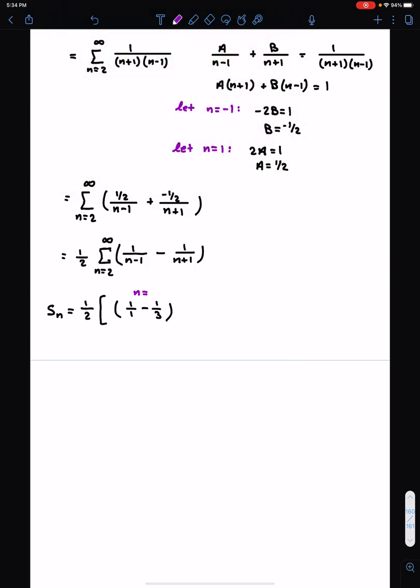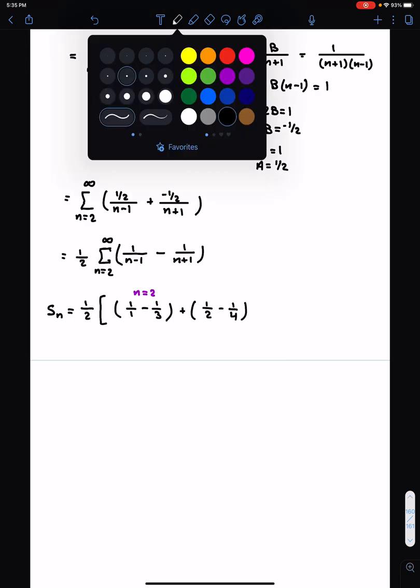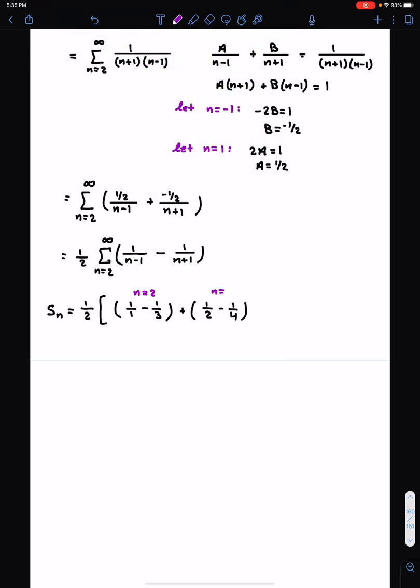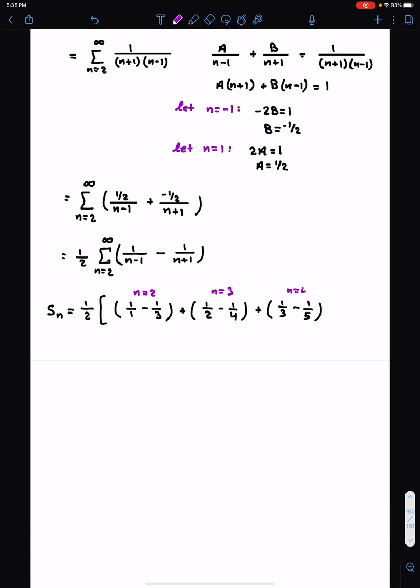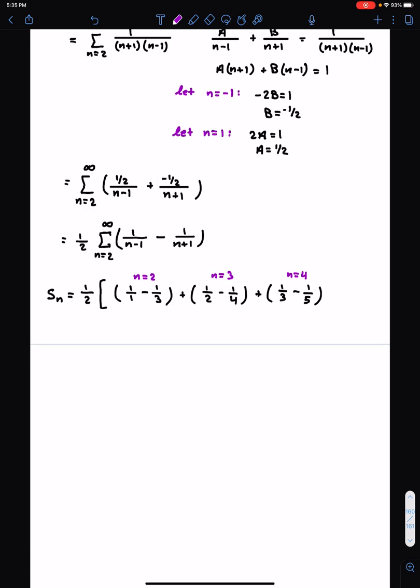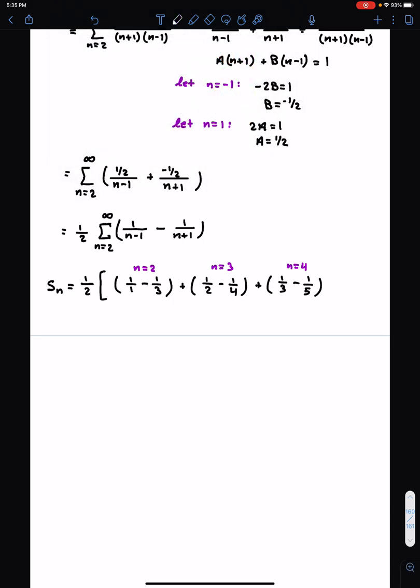This is when n is equal to 2. When n is 3, 1/2 minus 1 over 4. This is when n is 3. When n is 4, plus 1/3 minus 1/5. This is when n is 4. If I continue this pattern,